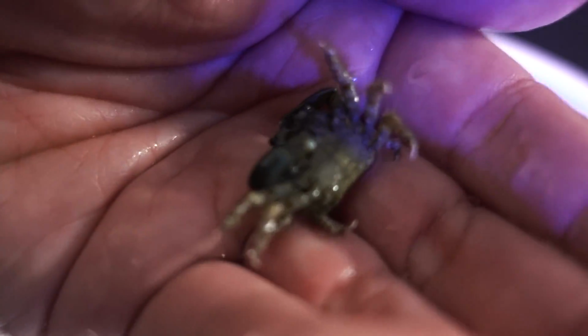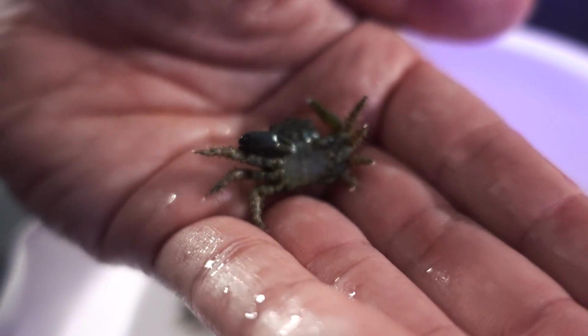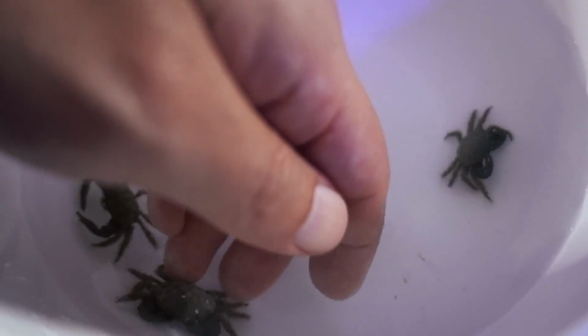It's a male. Looks like male, right? Let me look at this one. It's a boy. It's a boy. Look at this guy right here. That's also a male. I think, at least, if I'm wrong, please let me know. But just based on pictures and stuff like that, or based on my experience living in Maryland, eating blue crab,